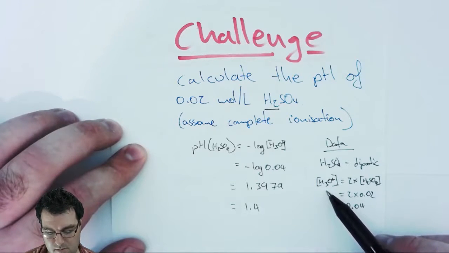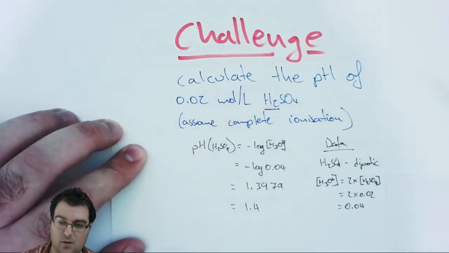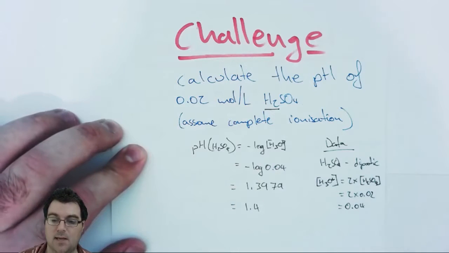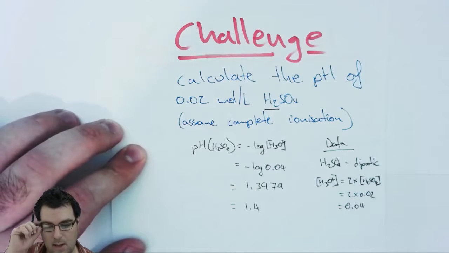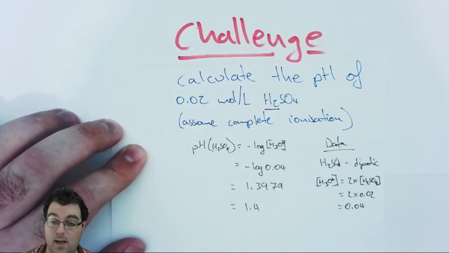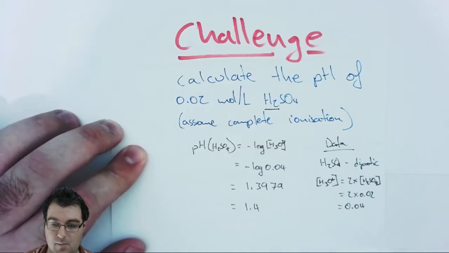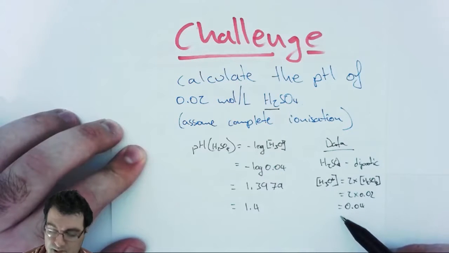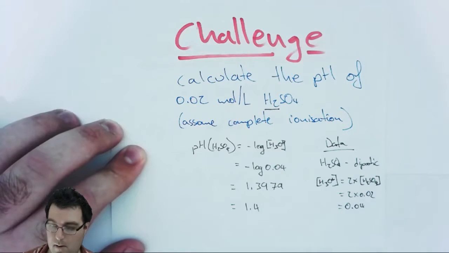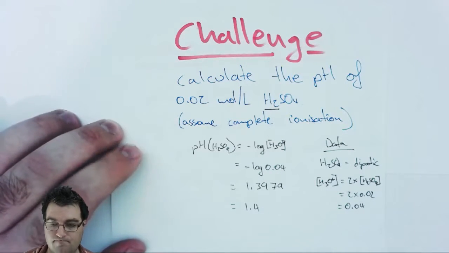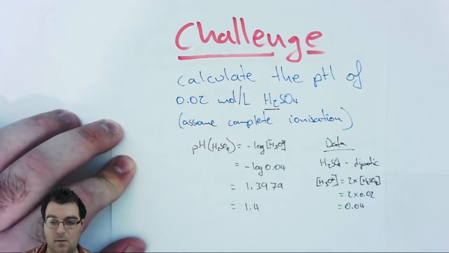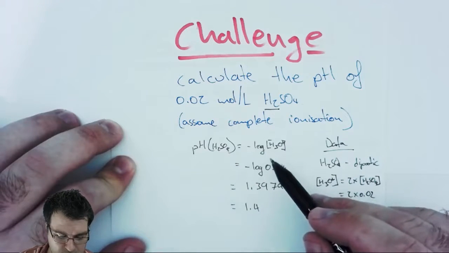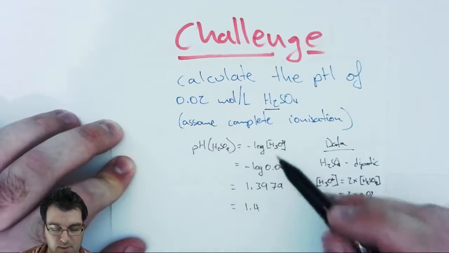ion concentration is actually going to be twice the concentration of the acid, because each particle of acid can donate 2 H+ ions to our water molecules to form our hydronium ions. So 2 times 0.02 will give our concentration of hydronium ions as being 0.04. Likewise, we can take our 0.04 and we can plug that into our minus log 10 pH